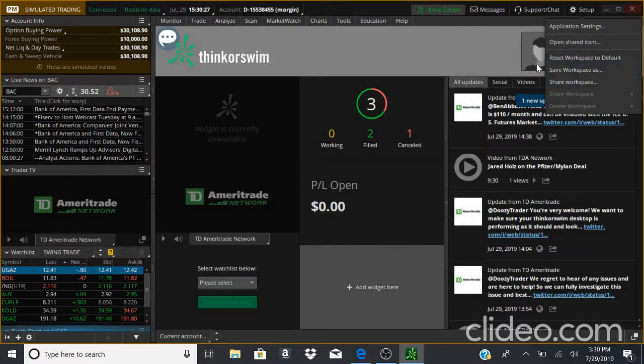You also have the option to share your workspace and save your workspace. For example, if you have already set up your TD Ameritrade Thinkorswim platform the way you like it, and say your buddy who's new to trading wants to do the same setup, you can save your workspace and then send it to them, and then they'll load up your settings exactly how you have it on their computer. So yeah,